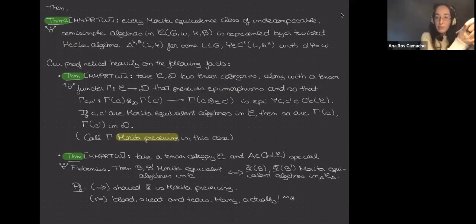we knew that in the source category, Vec_G^ω, we had Morita equivalence classes, so we needed to find a way so that whenever we jump there, we didn't lose all the information, but still kept something. And then, in our particular case, if we take one tensor category and an algebra object in this category, with two conditions again, special and Frobenius, then if we have two Morita equivalent algebras in my source category, then our functor phi,